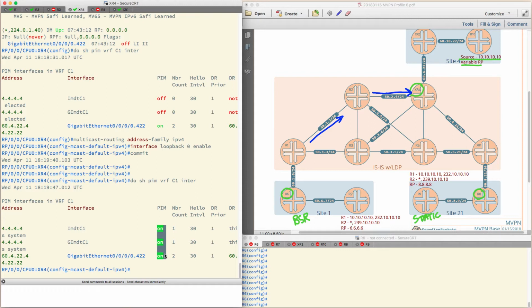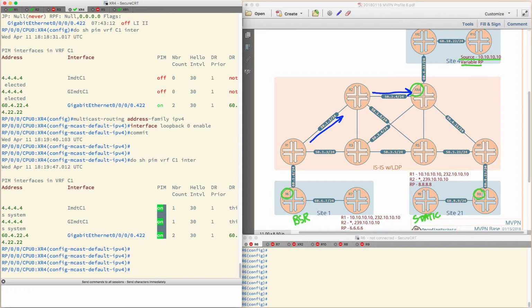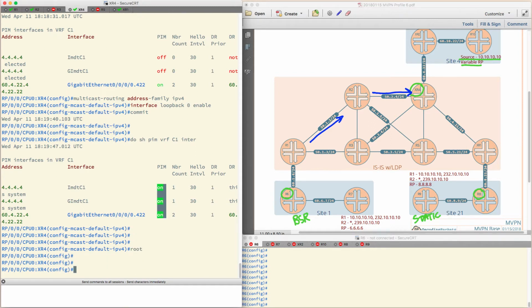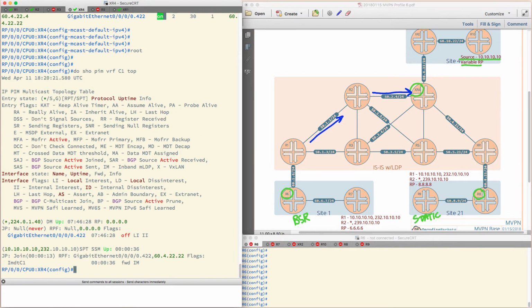But if you do it enough times, you shouldn't have any problem remembering this. Now let's go back to the root and look at the PIM topology. So do show PIM VRF-C1 topology. And now what's happened here is I've been able to use the information that was inside that MDT